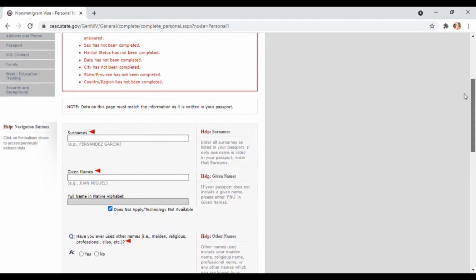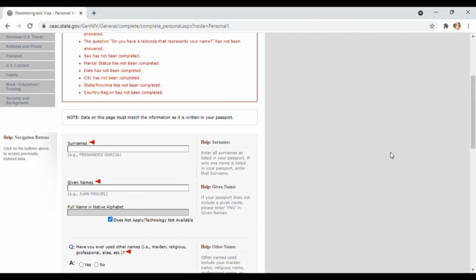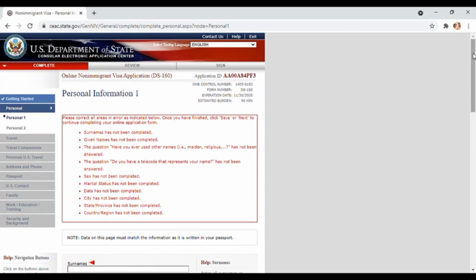So once you fill in all the details, you will have the option to review and submit. So make sure once you submit, you will not be able to edit. So make sure you cross check all the values, your details, especially your passport number, your date of birth, your first name, last name. So ensure all the personal information is very accurate. Review it and then give submit. Once you give submit, you will not be able to modify. If there are any changes, you will need to recreate or resubmit a new form.